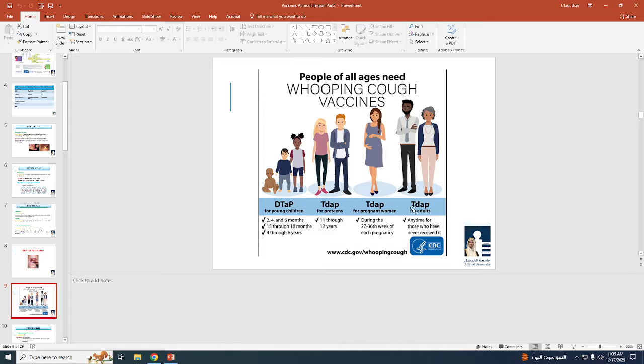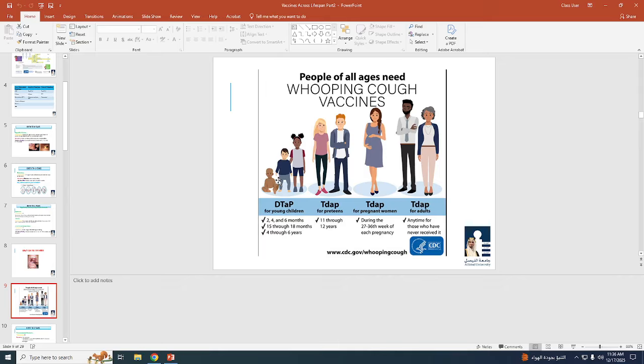It's exactly the same. The difference is in the doses, what we are focusing on. For children, we are focusing more on diphtheria, so the diphtheria dose will be a bit more than the others. For Tdap, we are focusing on tetanus, so the dose here is a bit more for tetanus. But I don't want you to know about the details. Inshallah, in year 3, I will explain that in detail.